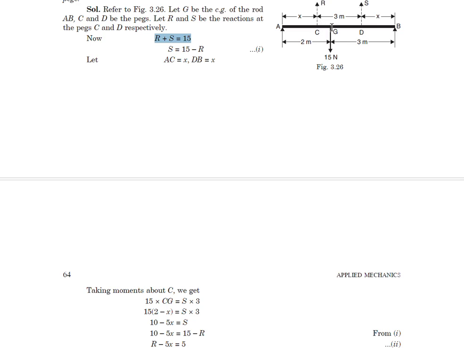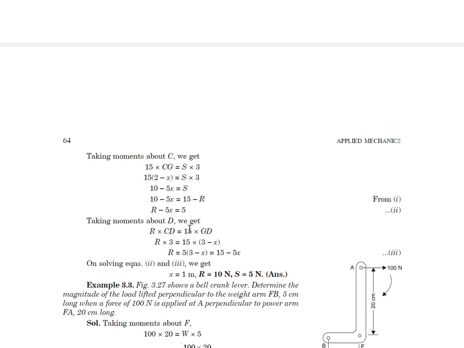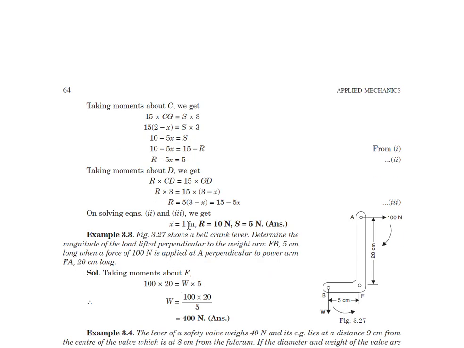And for S, you have the distance GD into the reaction S. Similarly, you can find the moments about point D, and that gives you a third equation. And by solving these three equations, you can find the three unknowns, which is x is equal to 1 meter, R is equal to 10, and S is equal to N. This was a second example, and now the third one will be